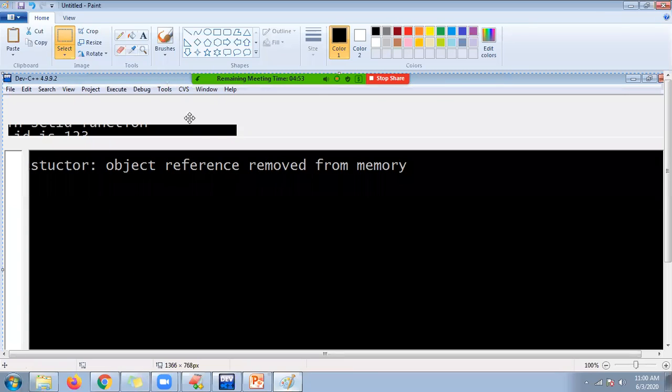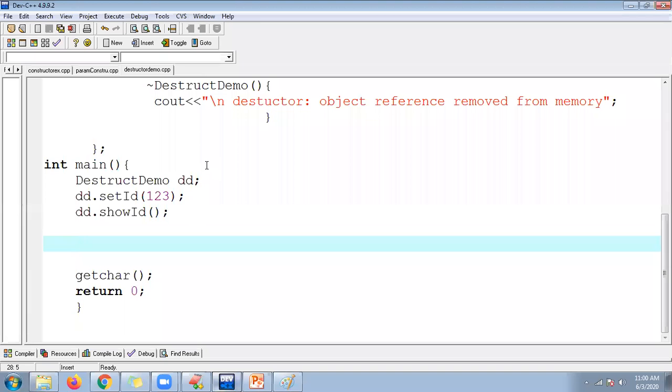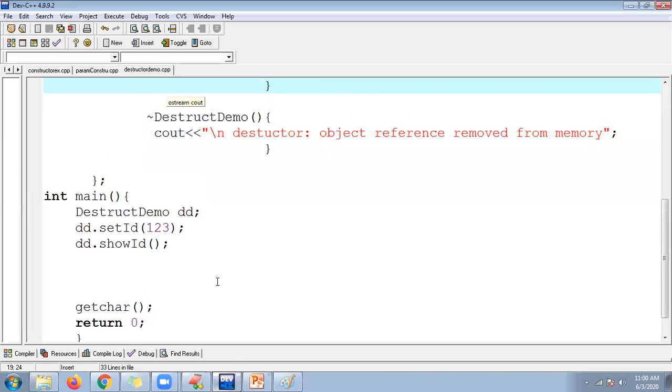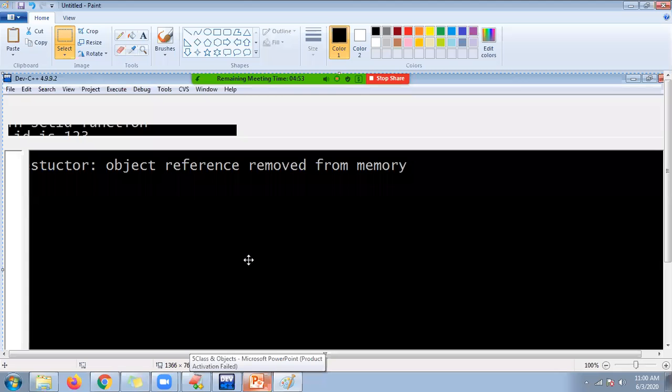You can see here: destructor object reference removed from the memory. This means the destructor block is executed. It is executed automatically when your console is going off, when your program is about to stop.